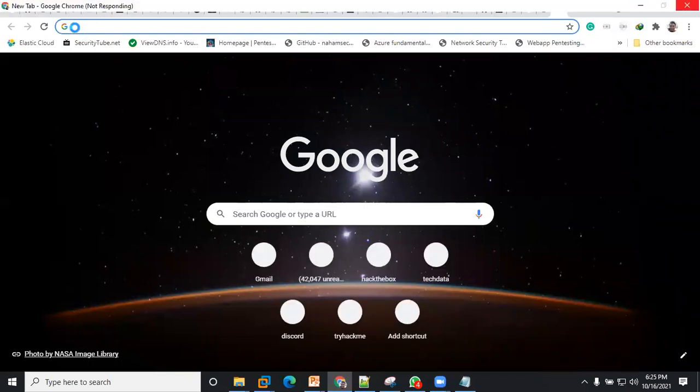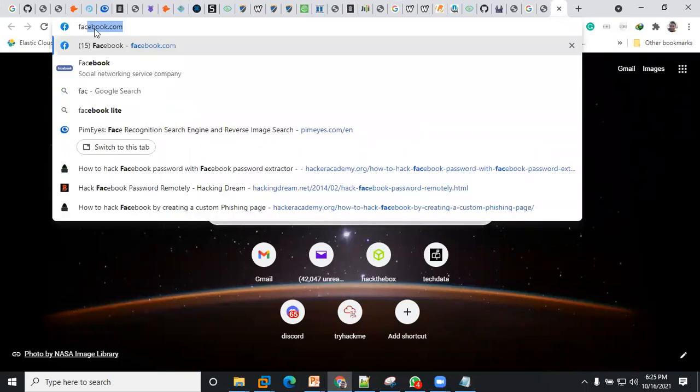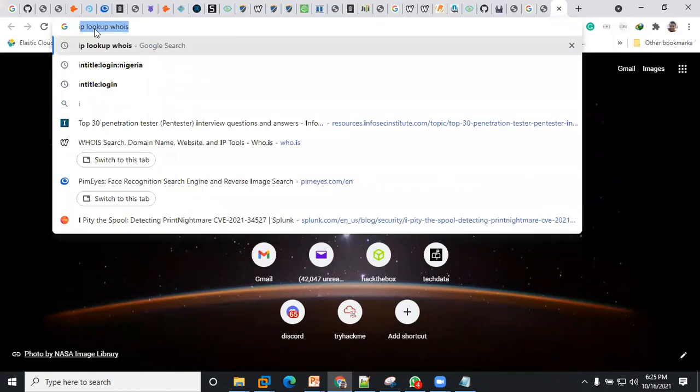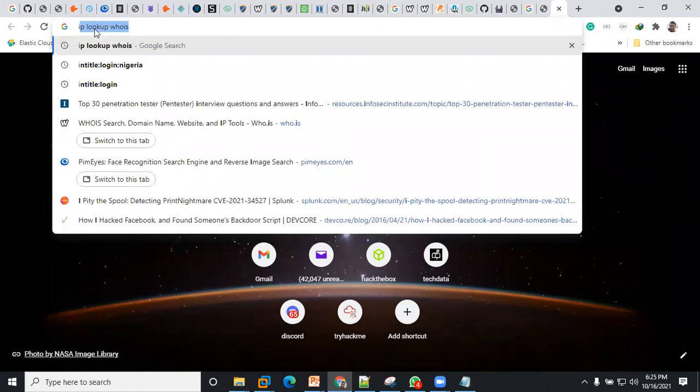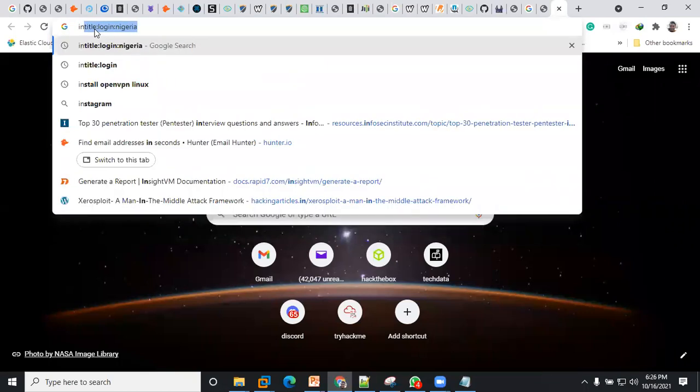It's not just about searching, for example, let's say facebook.com. It is trying to go in depth to gather information. Let me do something for you guys. For example, if you want to search for all login pages, let's say we want to search for login pages for different websites in Nigeria, how do we do that? There are different Google Document commands that we can use.